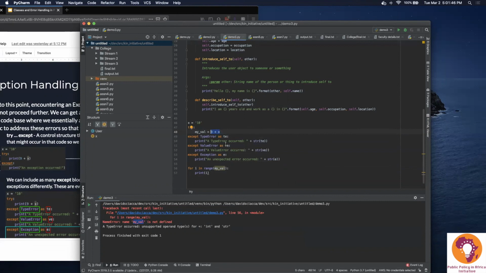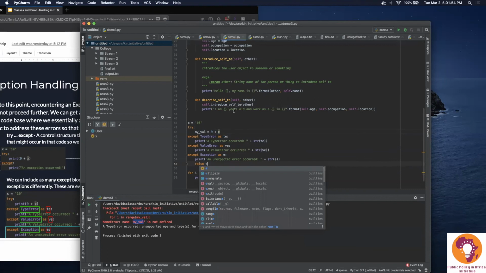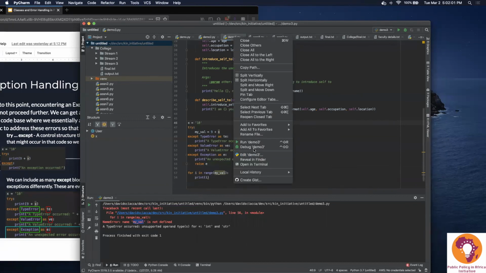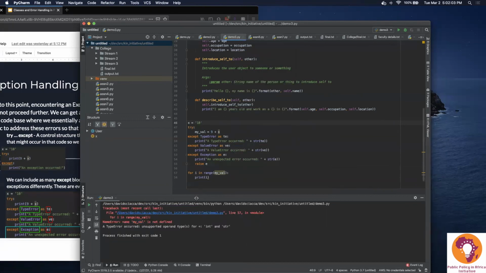up here, but then we didn't raise that exception in any particular way down here. So in this particular case, we'd want to raise that exception so that we never get to that line of code where we're getting the myval is not defined. Instead, now if we run this,